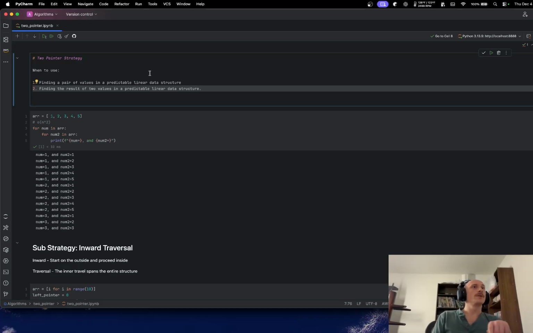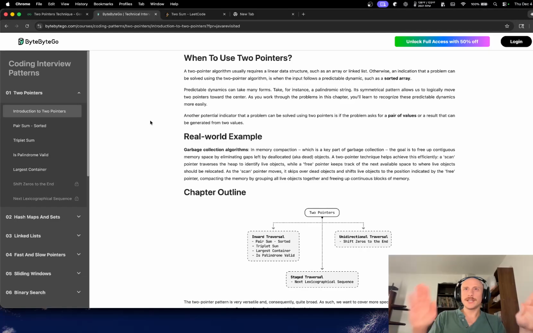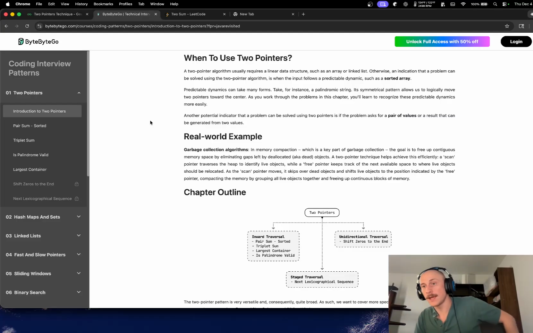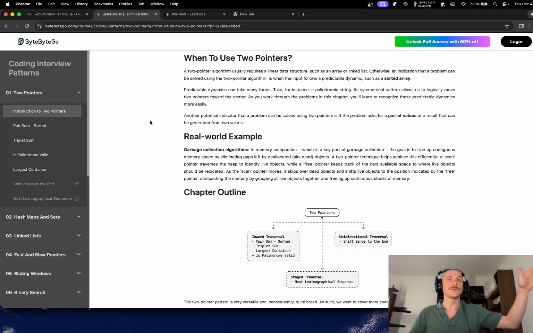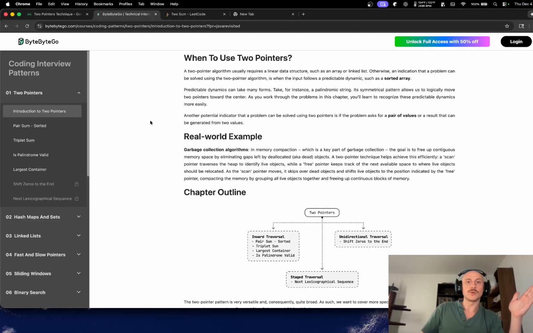And with that, let's double check our understanding: a pair of values or a result that can be generated. So let us go into a real world example here, which is great. I actually really like the fact that they are putting it into something to think about. How does this work in a real world situation? So their example is a garbage collection algorithm. In memory compaction,